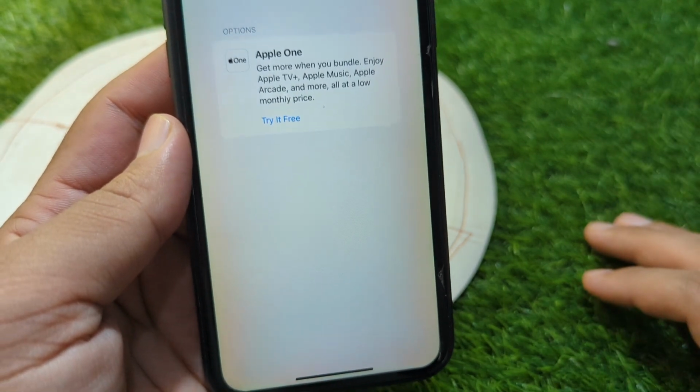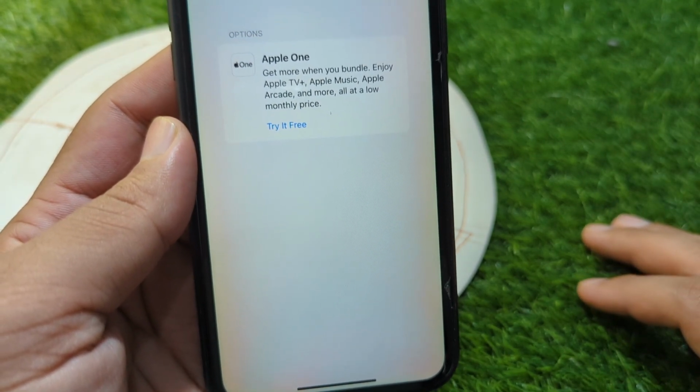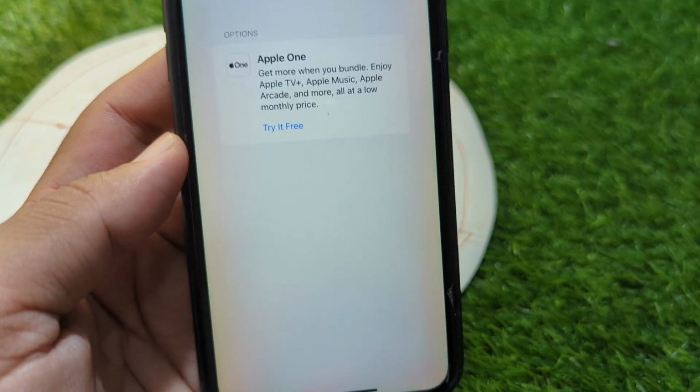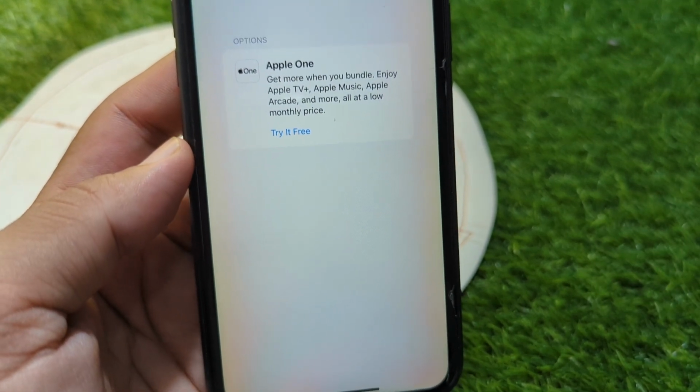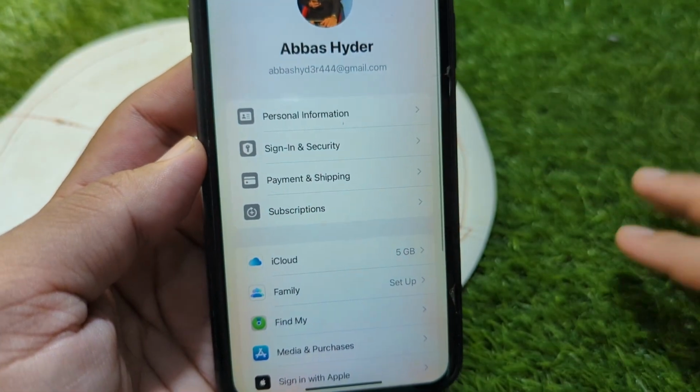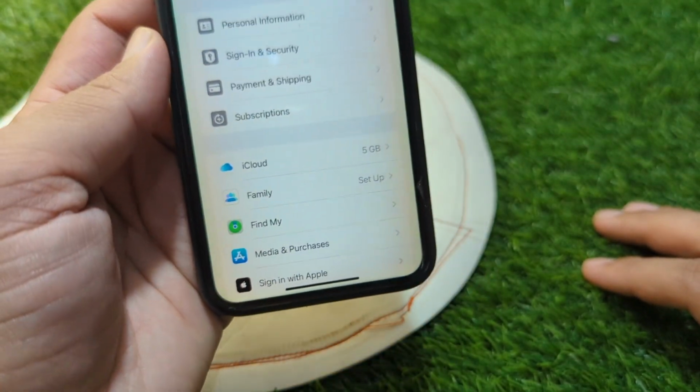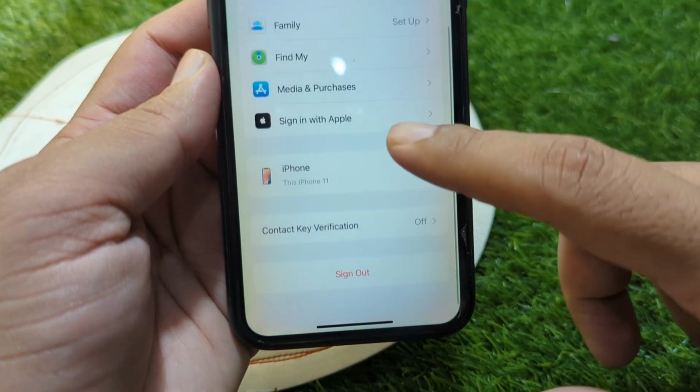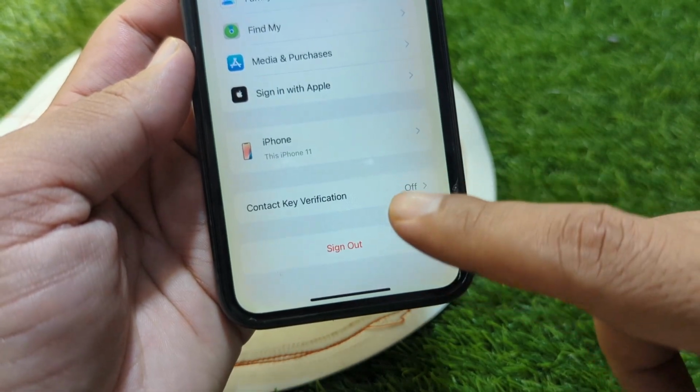and make sure that there is no unpaid subscription on your Apple ID, and if there is any unpaid subscription then you have to simply pay for this. And after this go back and check if the problem is fixed or not, and if the problem is still there then you have to simply go back to your Apple ID and now scroll all the way below,